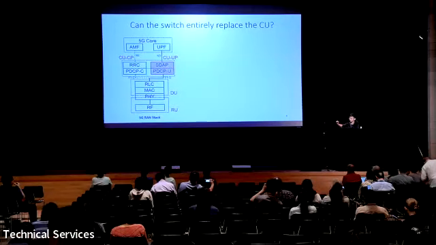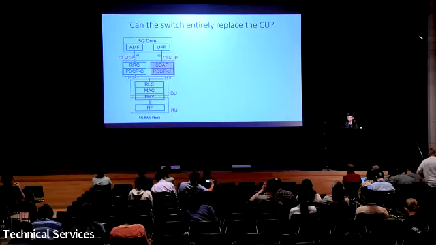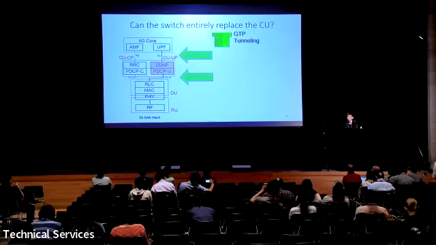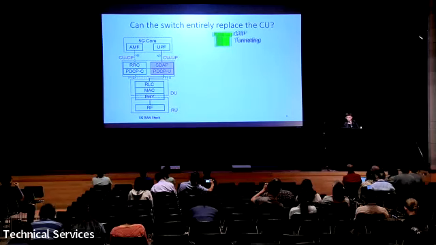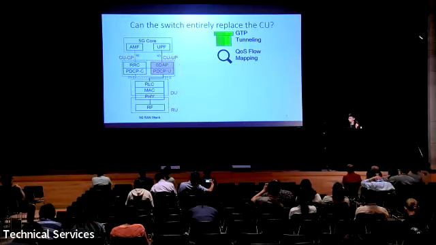Here is a diagram of the 5G RAN stack. The CU sits between the DU, the distributed unit, and the 5G core. Between those, it needs to do GTP tunneling. This is something that the switch can do easily. Then if you look deeper into the CU, you have the SDAP layer. What does it handle? It does QoS flow mapping. Oh, okay, this is table lookup. Easy. Then further down, we look into the PDCP layer.